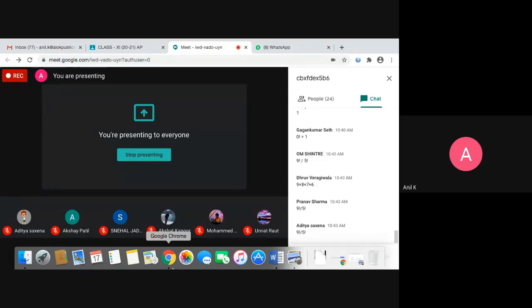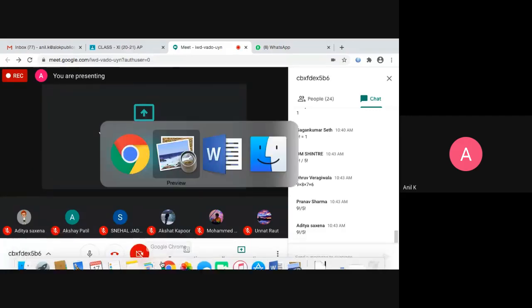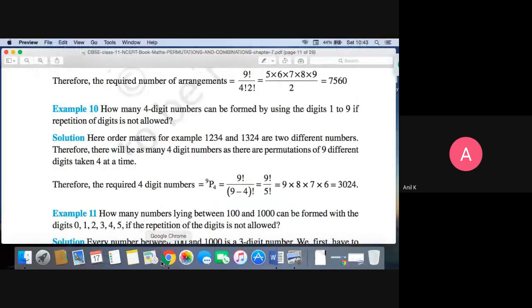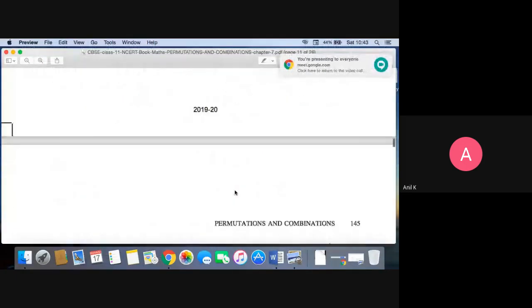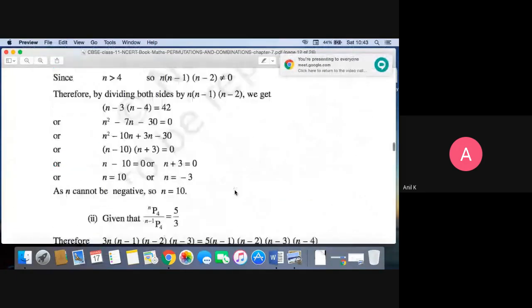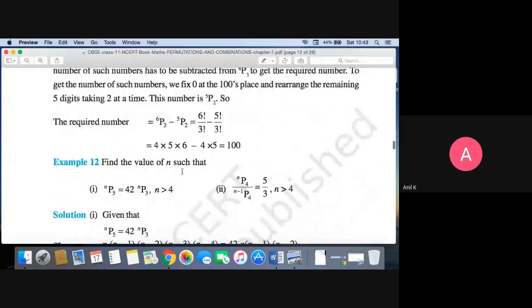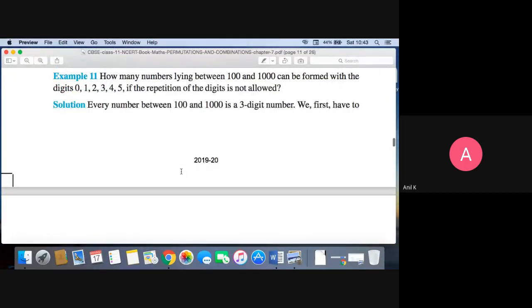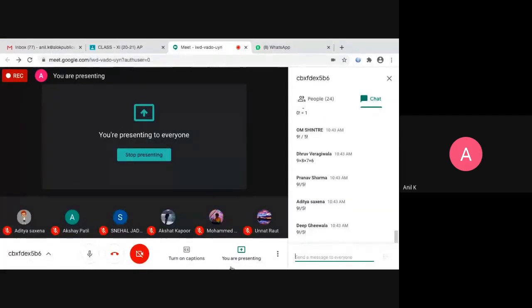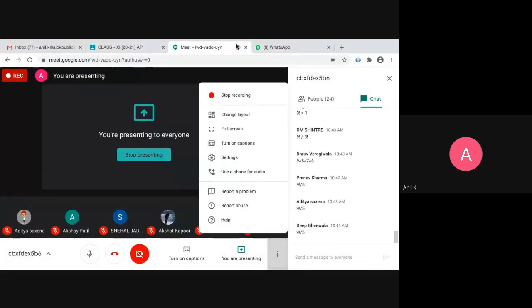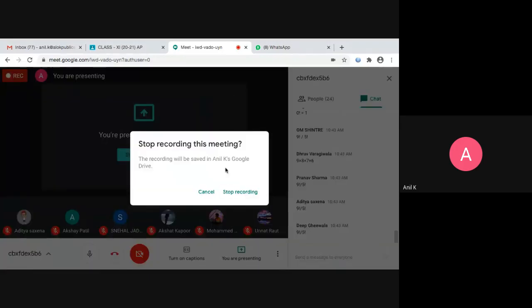Okay. So like this, you can try as many examples as you can solve. Let me go to, yeah, these all. These we will solve later on. So complete that exercise. Which one? The second exercise. First